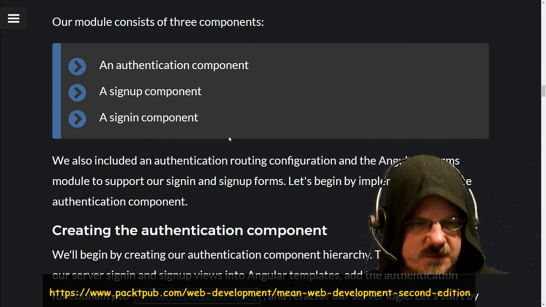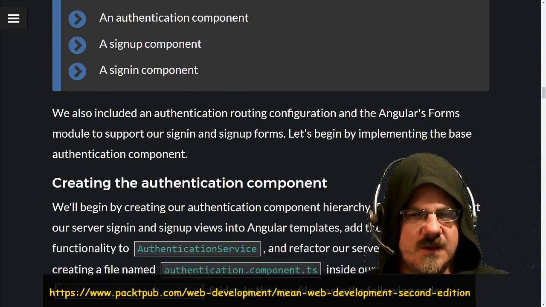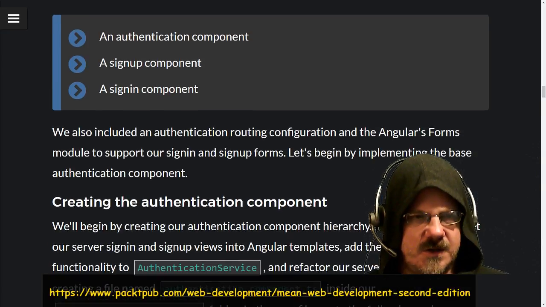Creating the authentication component. We'll begin by creating our authentication component hierarchy. Then we will convert our server sign-in